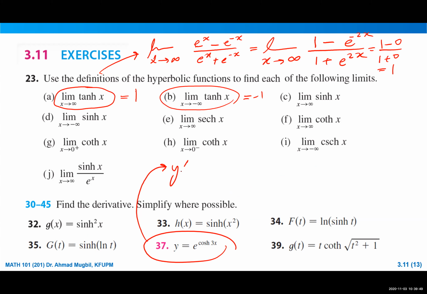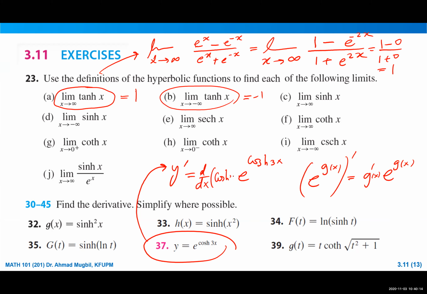Now what will be y prime? It is an exponential function. You remember that when you have exponential g of x, its derivative will be what? It will be as it is, but multiplied by the derivative of the power. So here it will be as it is, e to the power cosine 3x, but you need to multiply by the derivative